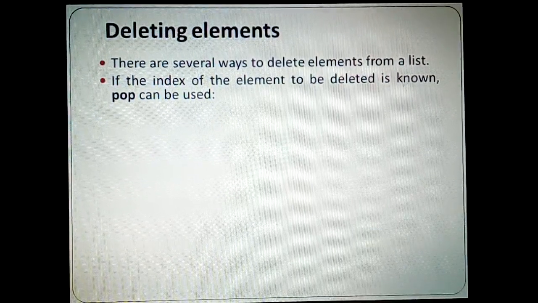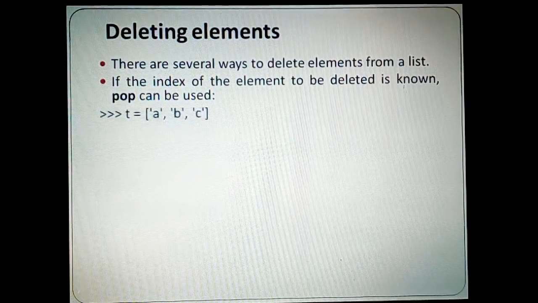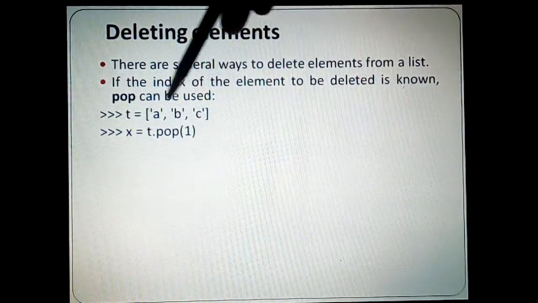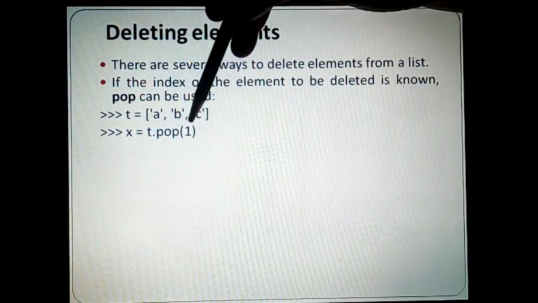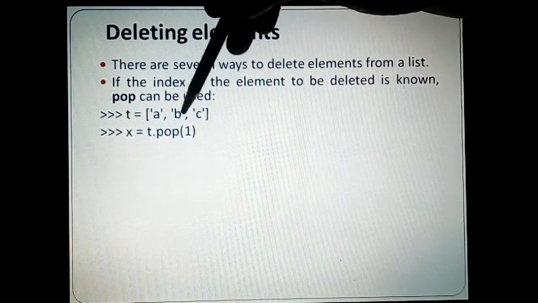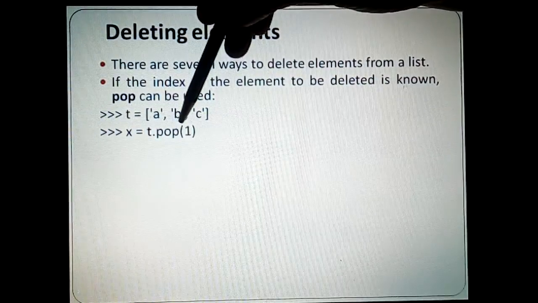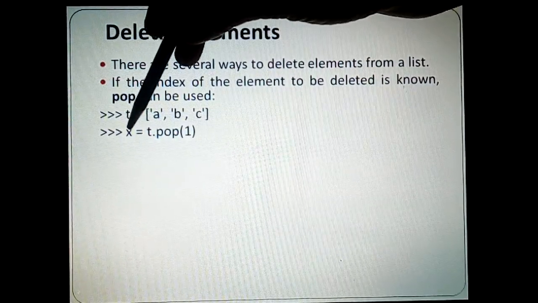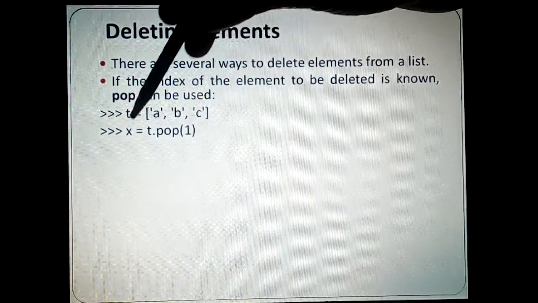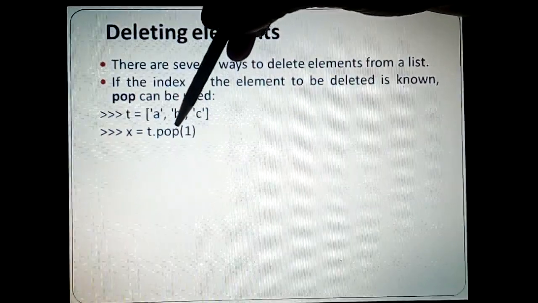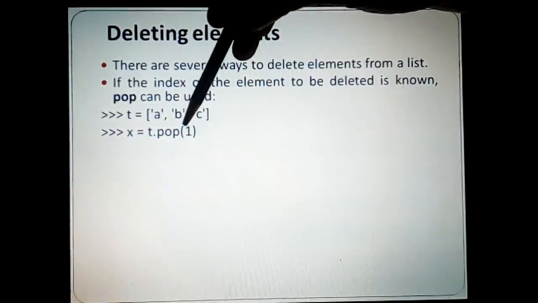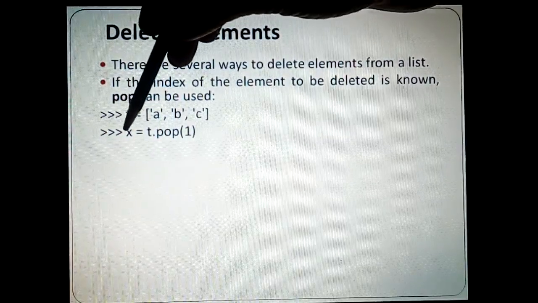Now for example, how do I make use of this on this list? Let us say I have set this list as T equals A, B, C and I want to say T dot pop of 1. That means I am using index, which is 0, 1. So B item I want to delete and I want to also know which item I have deleted. So I can store it in X. So when I say X equals T dot pop of 1, this method is returning a value. It is not a void method as it was said earlier. So there are some exceptions. So pop is one of them. So it returns the item that is deleted into X.